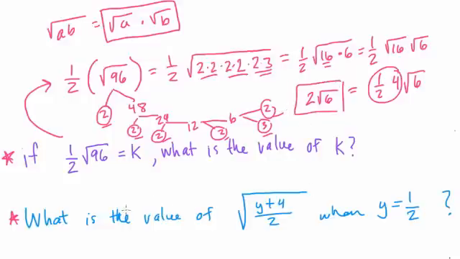The next one, they say, what is the value of the square root of y plus 4 over 2 when y equals 1/2? So if we plug this in, 1/2 plus 4 is 4.5, right, over 2. So we'll just plug that in. Radical 4.5, but I'll write 4